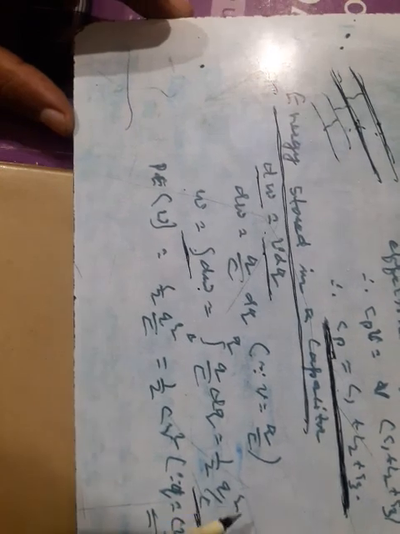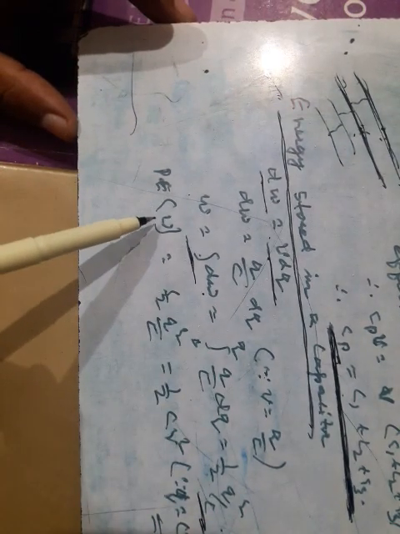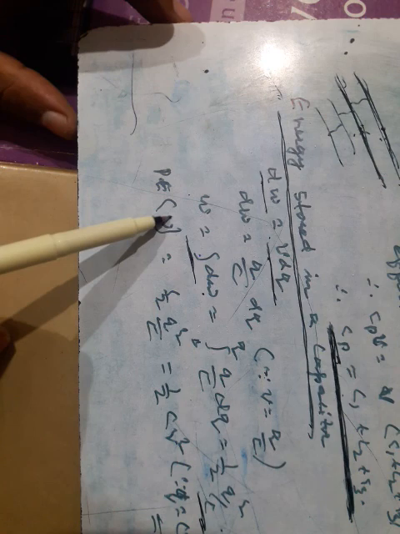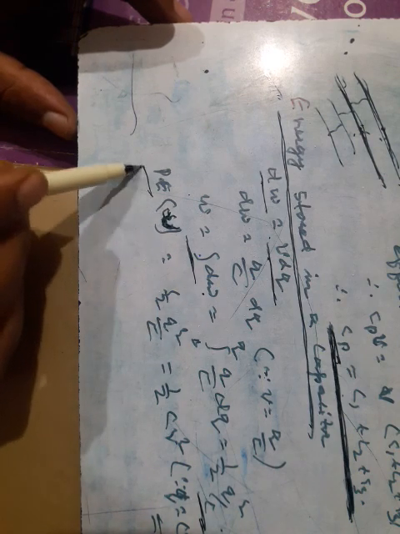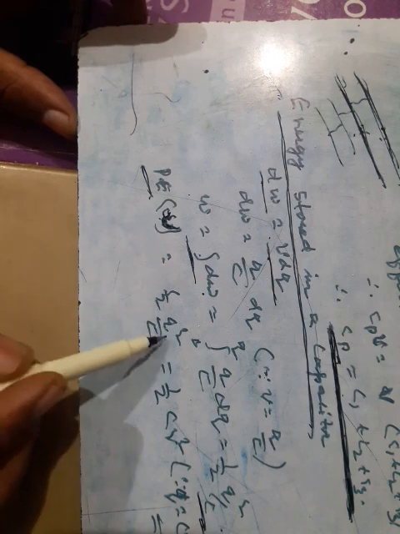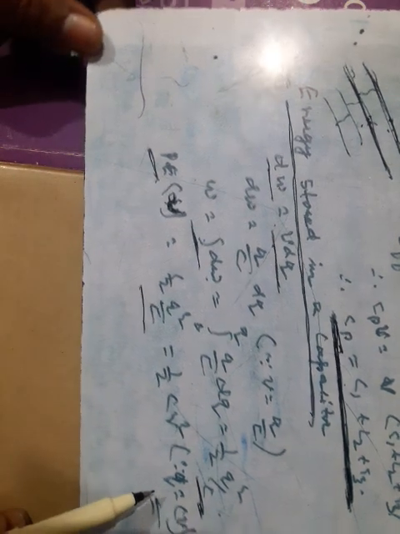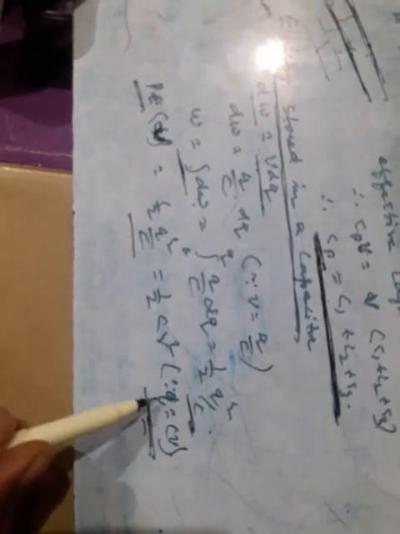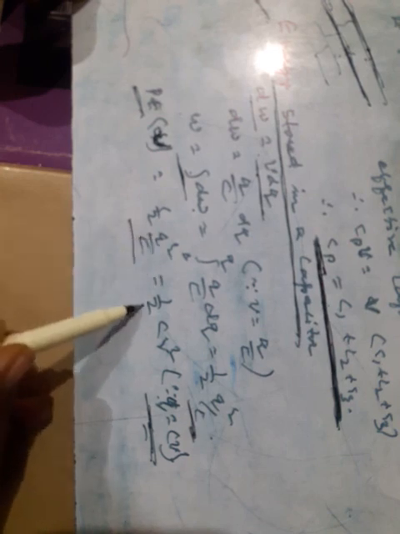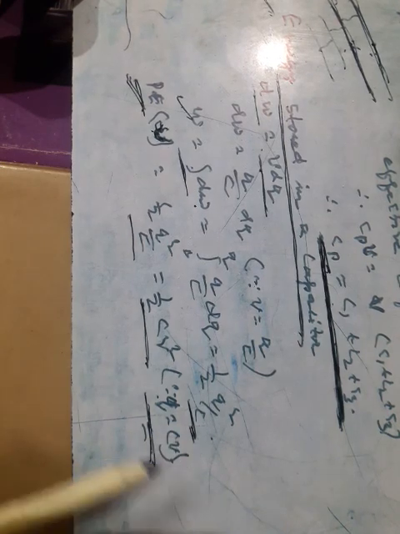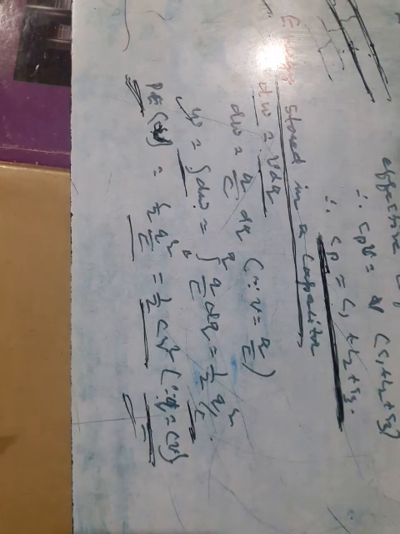Okay, now next thing, U, that is potential energy. Here U is written, that is potential energy. Okay, potential energy U is half Q square by C, and putting the value of Q is equal to CV, as you know, Q is equal to CV. So if you put C square V square, one C cancels, then what will you get? Half CV square. This is the energy stored in a capacitor in terms of potential energy, and work done is half Q square by C. That's all for today.